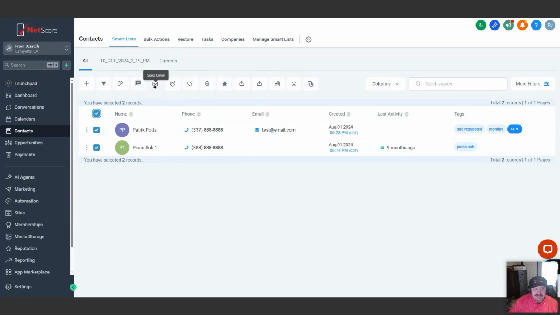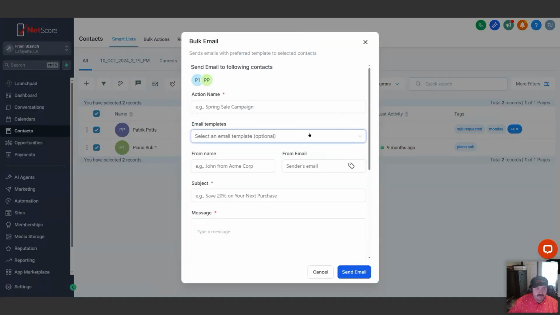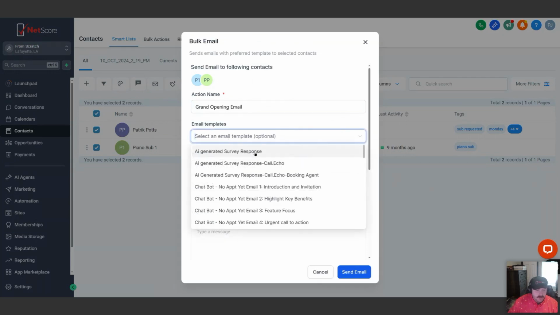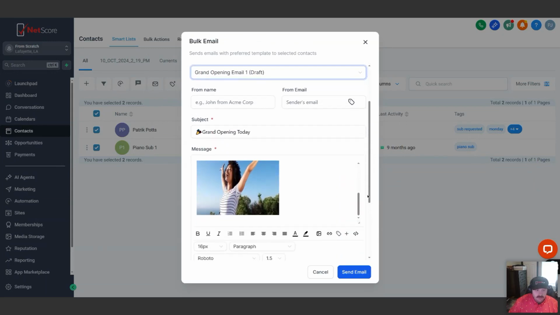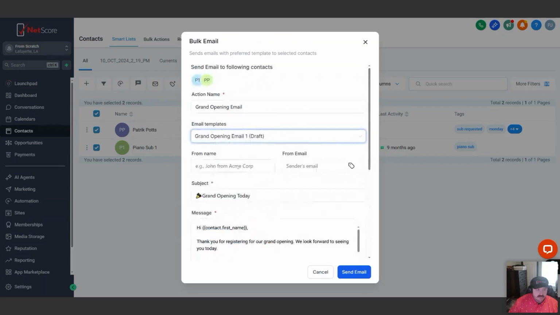Now, we're going to send an SMS or email all at once. You can also do pipeline changes or add to automations. But for now, we'll do send email. Okay. This is known as a bulk action. We want to put a descriptive name in this bulk action. So this would be grand opening email. I'm going to select a template from earlier that we had, and it'll fill it out just like you did earlier, right? We'll give it a from name, from email,